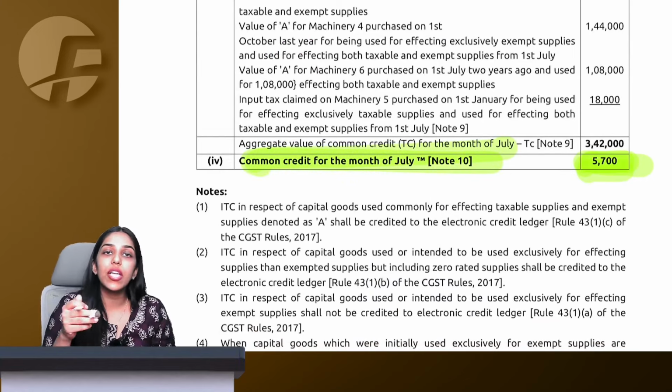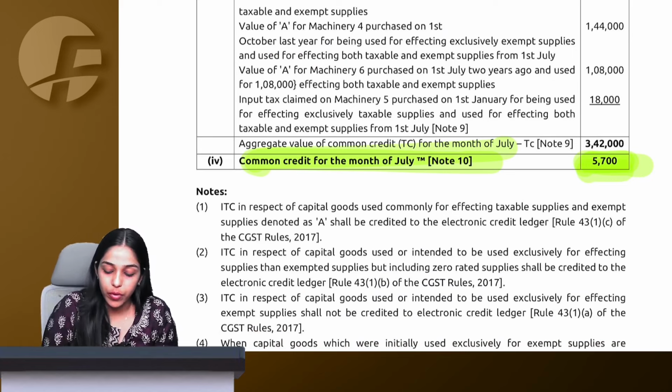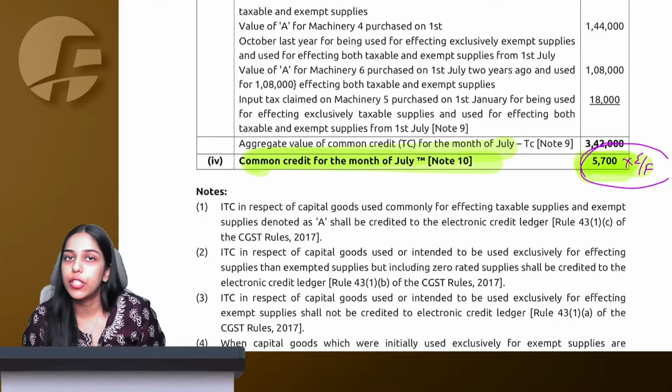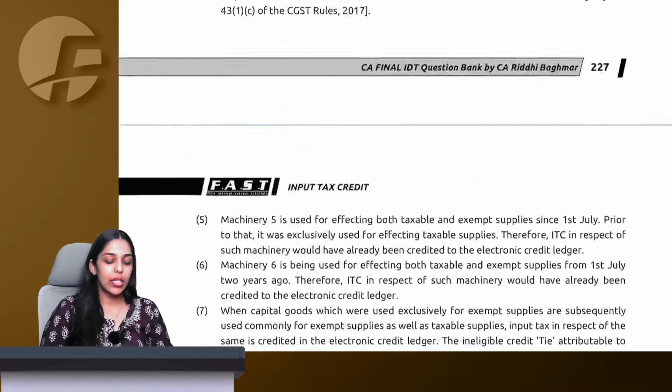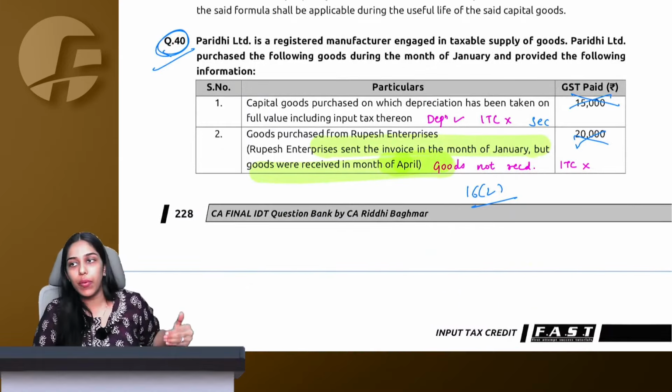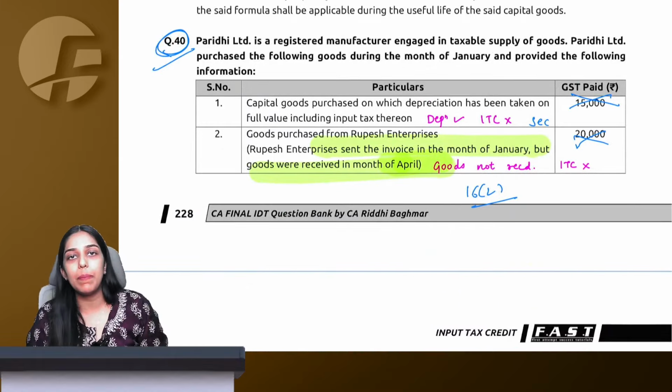Now if the question gives you E and F, exempt and total turnover, you can simply do 5,700 into E by F and find out the reversal amount for this particular month. Done. This is all. Right from question 40 till question 51, we have already covered in part 2 of the